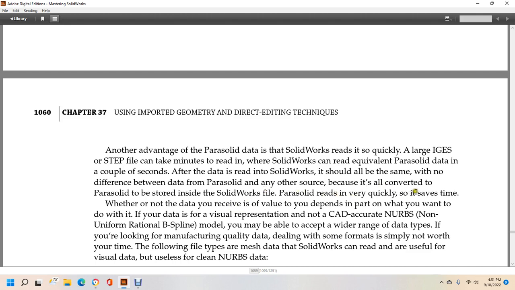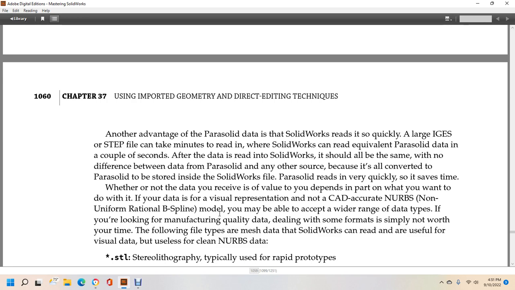Parasolid reads very quickly and so it saves time. Whether or not data receives the value depends on the part of where you want to do it, but if your data is a visual representation, not a CAD-accurate non-uniform rational B-spline model, you may be able to accept the wide range of data types. If you're looking for manufacturing quality data, dealing with some formats is simply not worth your time. The following types